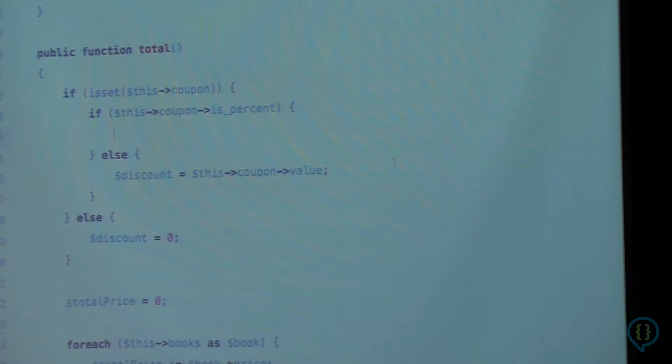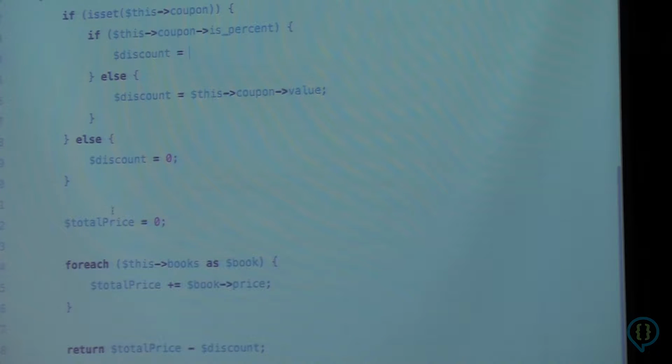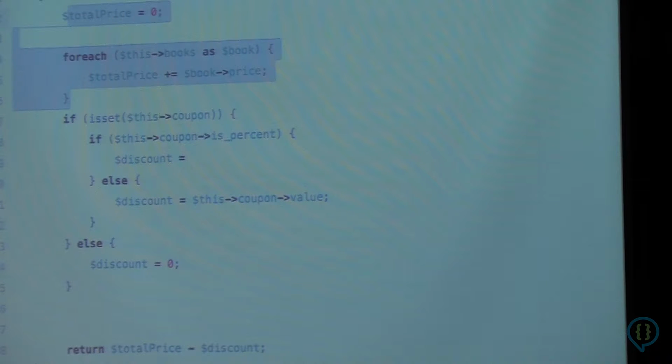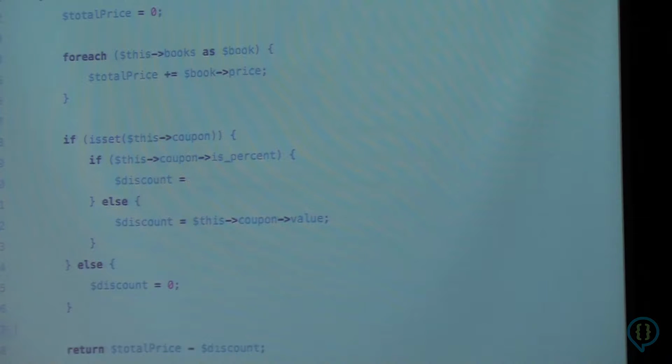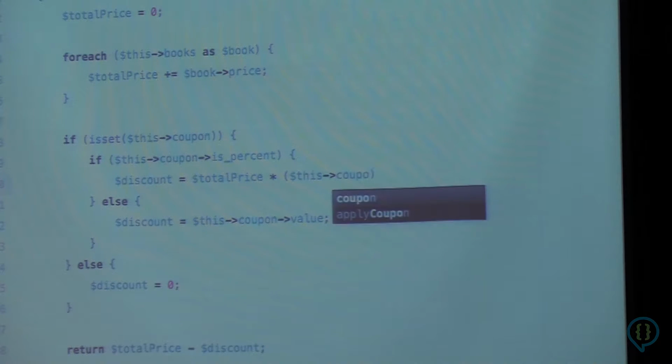So in this case, it's going to be something like the total price of the books, right? Which we don't have yet because that's down here. So let's move this code up to the top so that we have access to that total price variable. So this is going to be equal to the total price, and now we're going to multiply that by the % off that we're supposed to be getting, right? So we can say something like this coupon value, and the value in this case is that 30, so 30%, and we need to divide that by 100. So if we run this, we're going to see it fail for a different reason, with any luck.